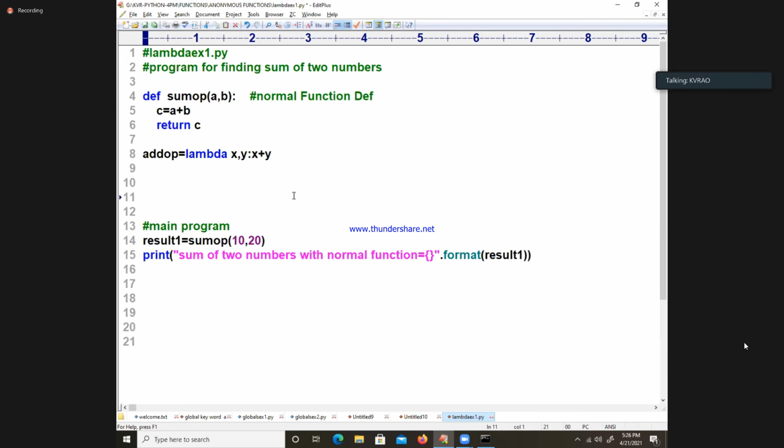Actually, single line statement understanding is very difficult for students, first of all. Because when you enter into the high-end concepts of Python, most of the things come in a single line. Single line means less code, more optimized. That is what the scientists feel. But internally, do you know what is happening? Whenever you write a single line, students will feel a lot of difficulty. That's why you must be careful enough.